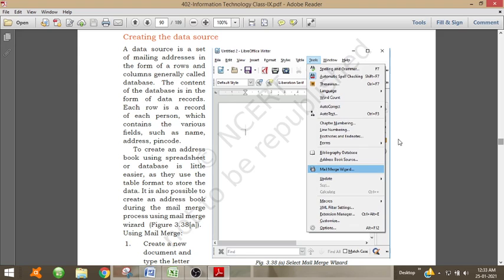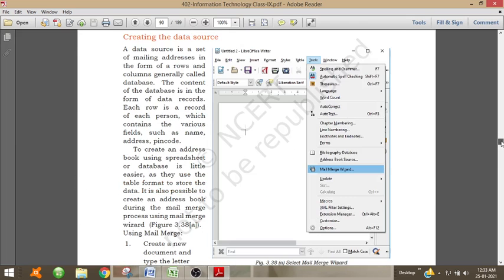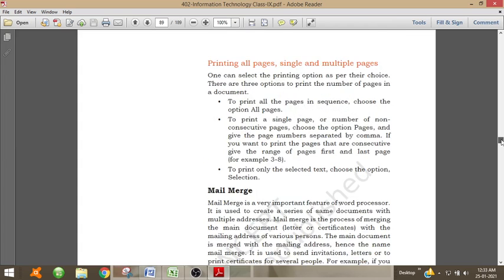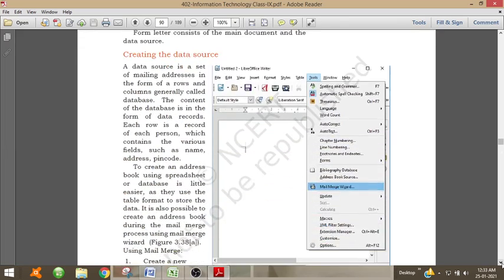It will be difficult to add the address of each person and create different copies of the letter. Now this mail merge will help to create a document and we can send that document to multiple users.